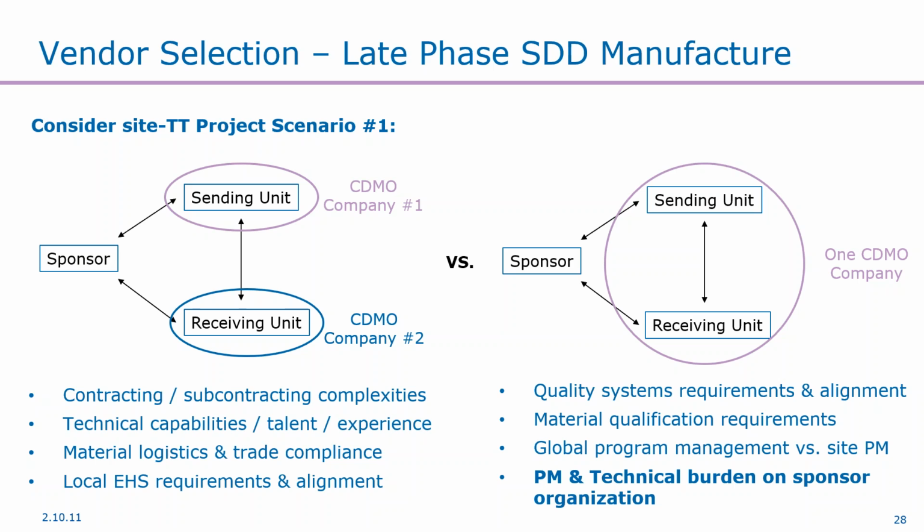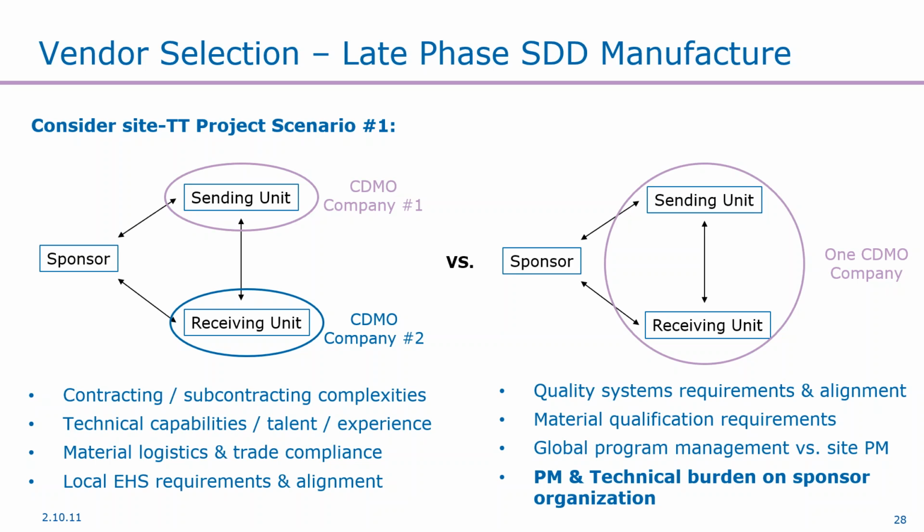Within that scenario, we can have two different situations. In the first situation, on the left, we see that the sending unit is CDMO company number 1, sending the product to CDMO company number 2. And on the right, we see that the sending unit and the receiving unit are part of the same CDMO company, but different sites. This introduces another set of considerations for the sponsor organization, including contracting and subcontracting complexities,